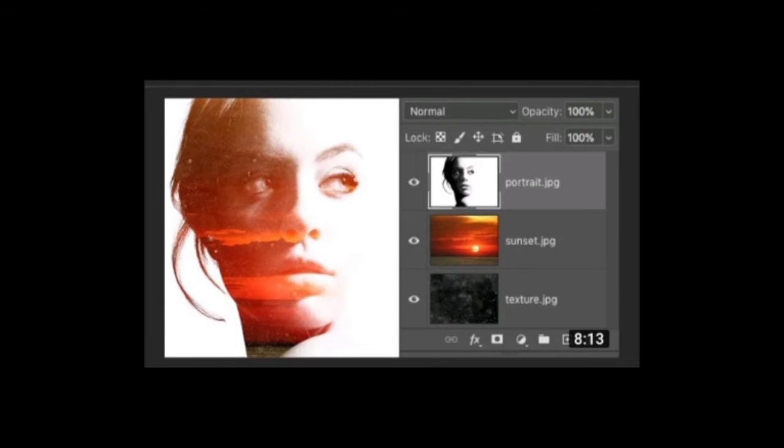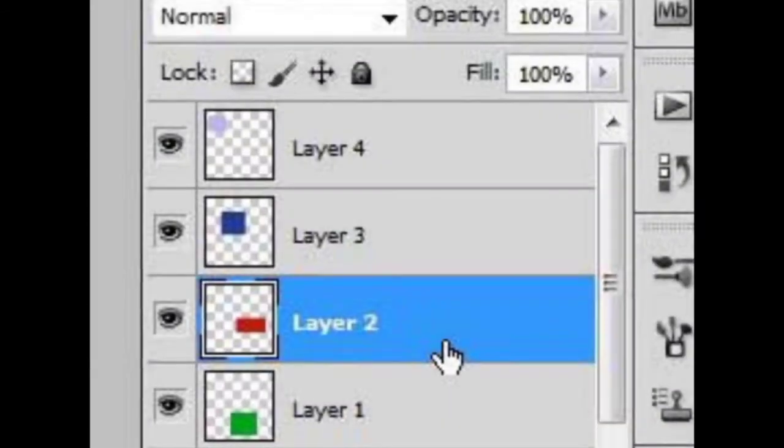To select a layer you just have to click on the layer that you want to select in the layer panel. When you click on that layer, the layer will turn blue like this to indicate that it has been selected. When you select that layer, then only you can do changes on that layer. So this is the use of layers.